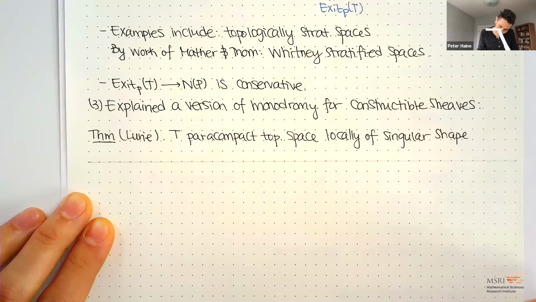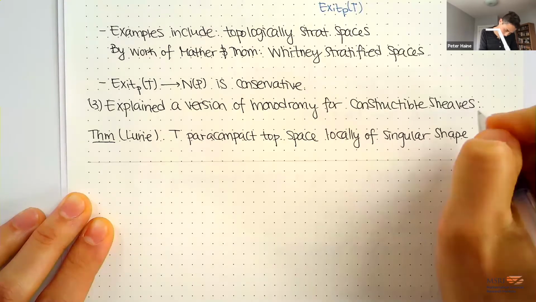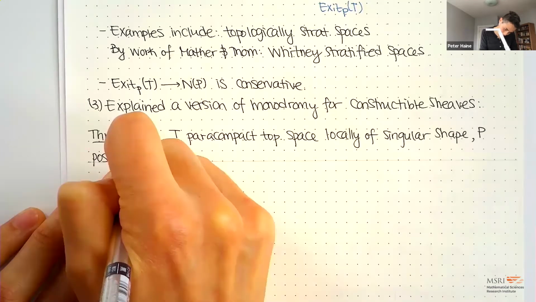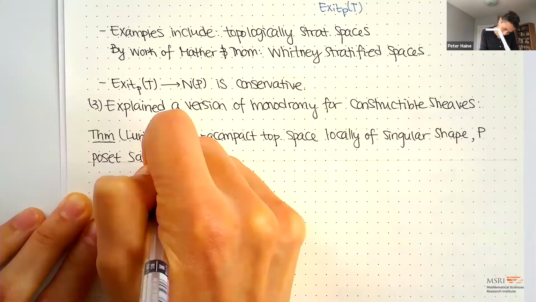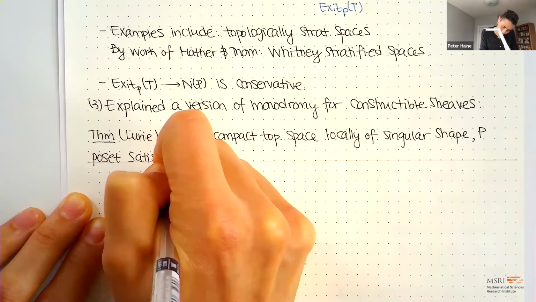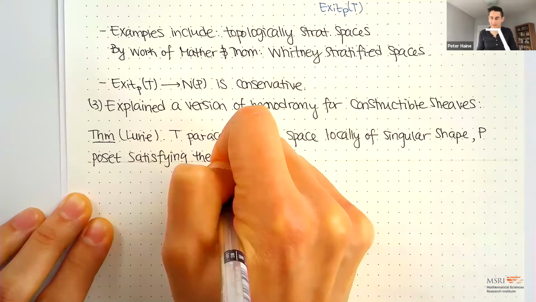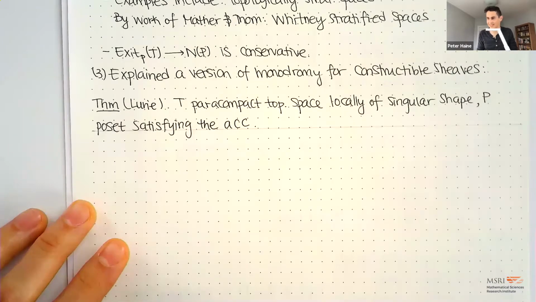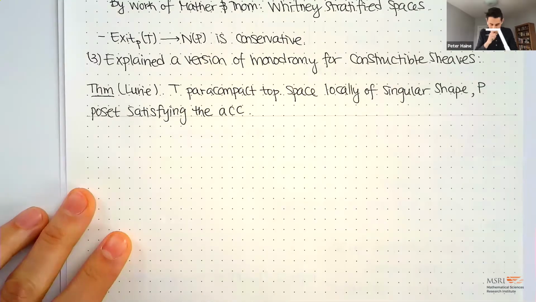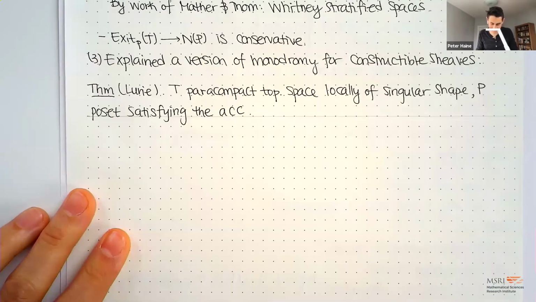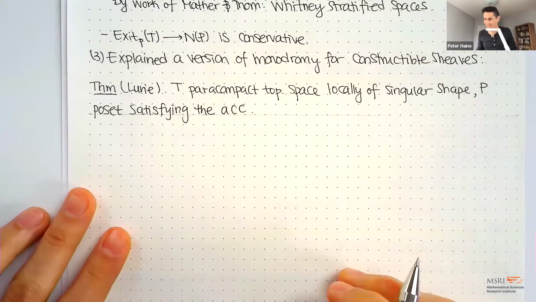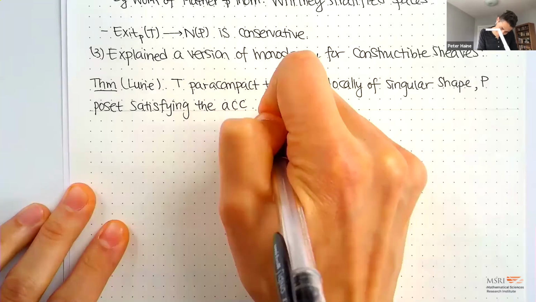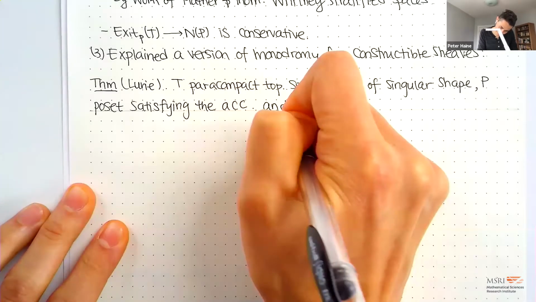And P will be a poset satisfying the ascending chain condition, which I'll just write as ACC. I'm not going to say Noetherian or Artinian because I think not everyone agrees on this, so I'm just going to say that. And if you have a conical stratification,